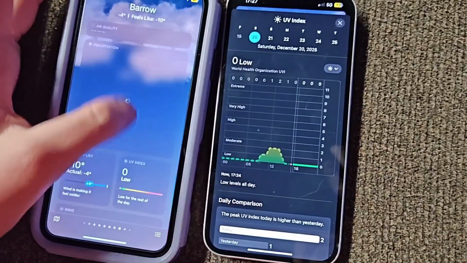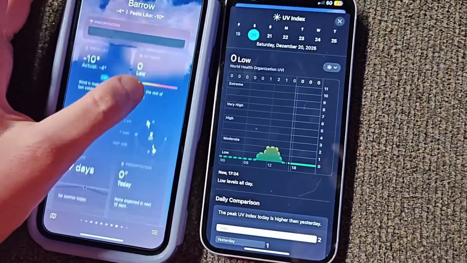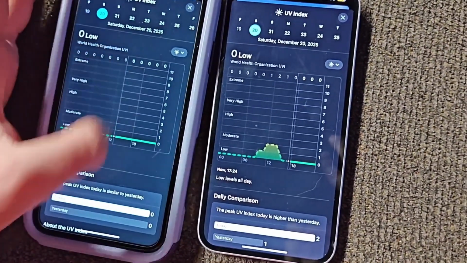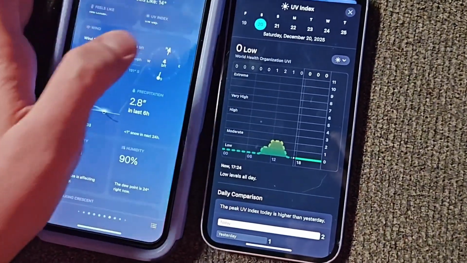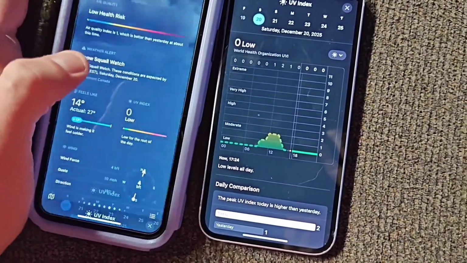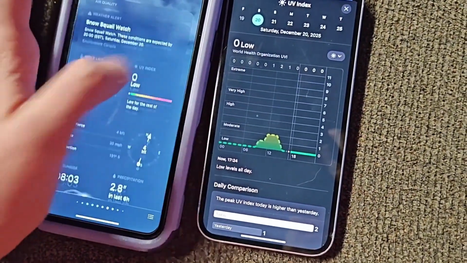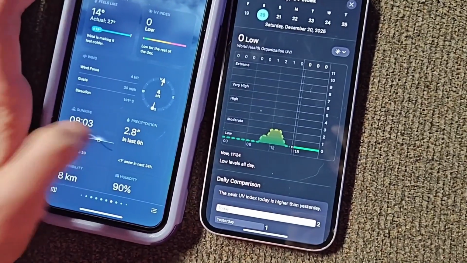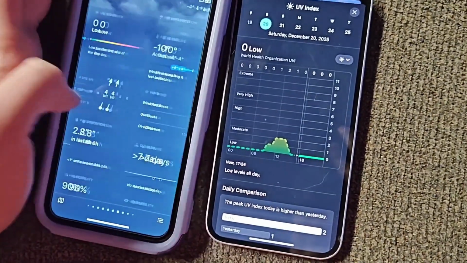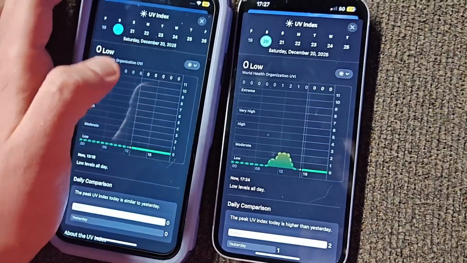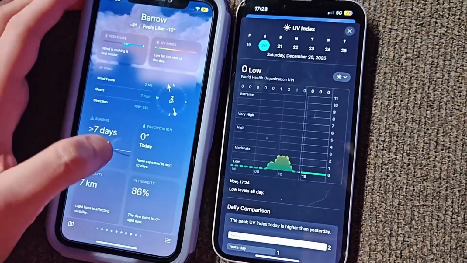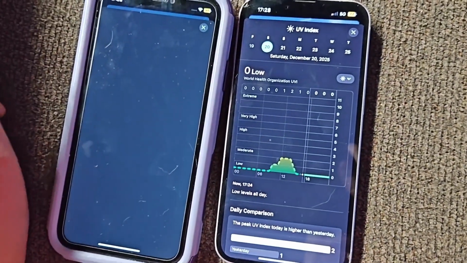Here, Alexa has no daylight at all. UV index is 0. Yeah, its UV index is 0. This one only has a small 1, like Paris, France. Now this one is 0. This one has